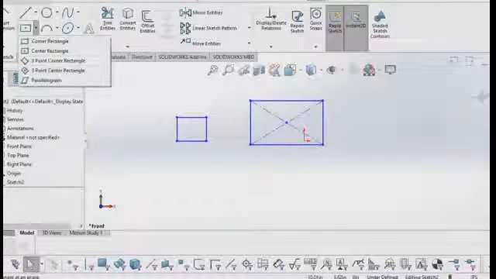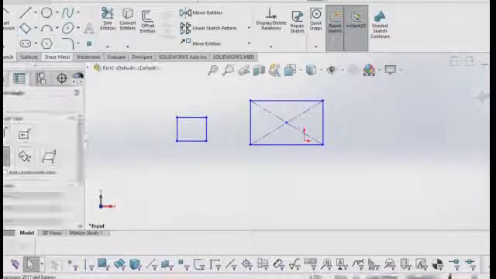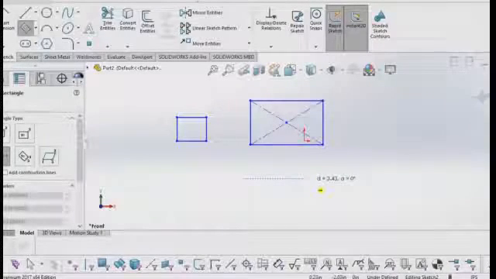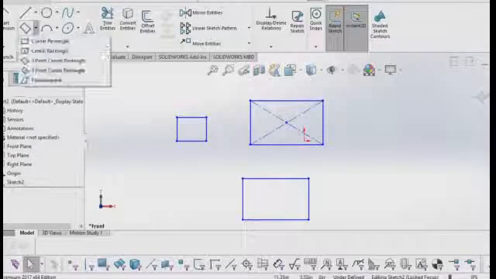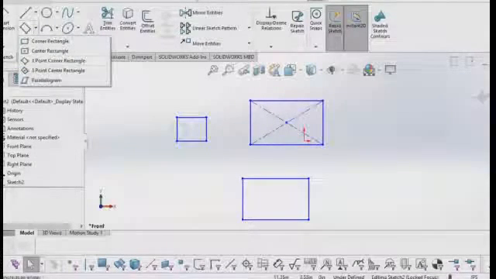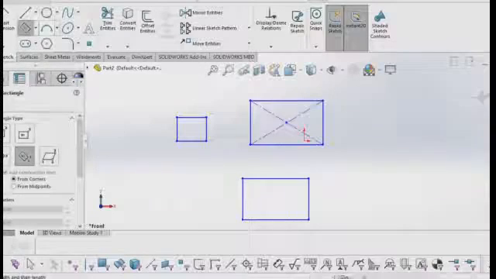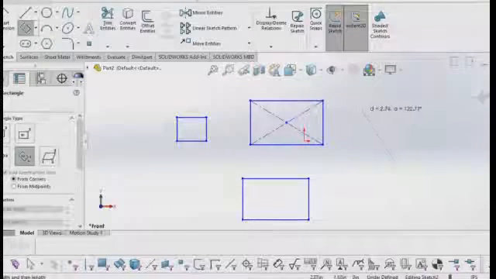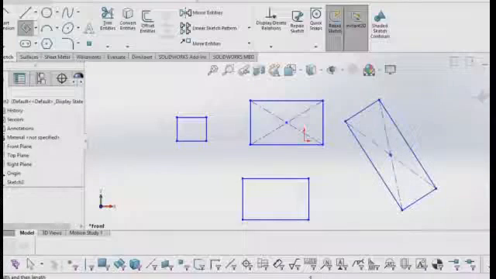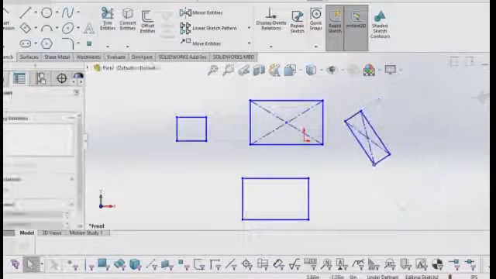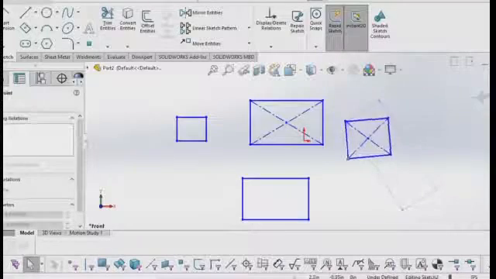Next we have 3 point corner rectangle. We should give the 3 corner points of the rectangle. Next we have 3 point center rectangle, one center point and 2 corner points of the rectangle. These are the types of rectangles that we can see in SolidWorks Sketcher.